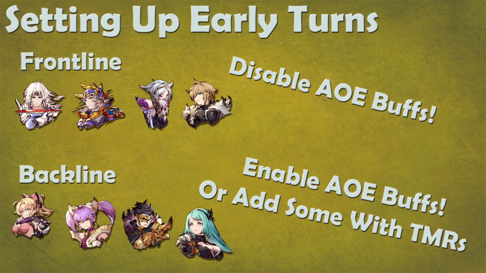Then when that is done, it's all about the positioning your team takes. And generally, units will use AoE buffs in priority over anything else, and that will, more often than not, keep them back for the first couple turns in combat. So for your frontline units, the ones that you want in front, and the ones that are going to take